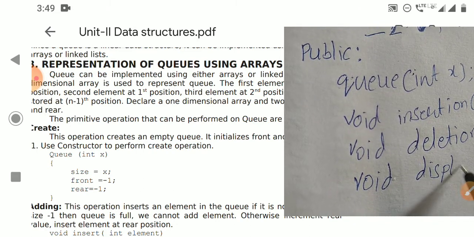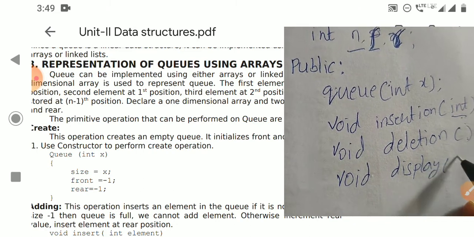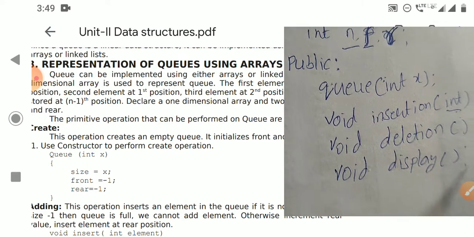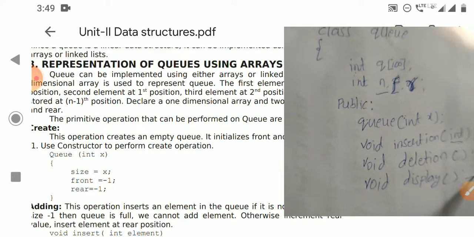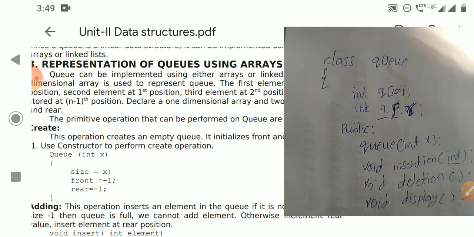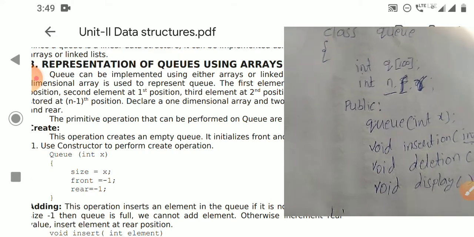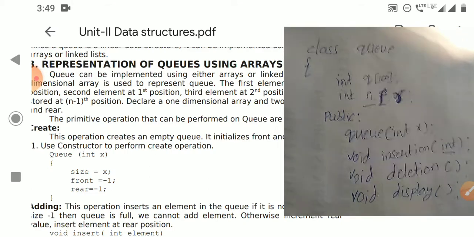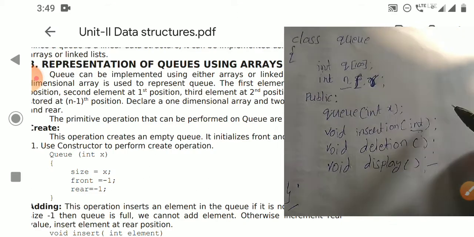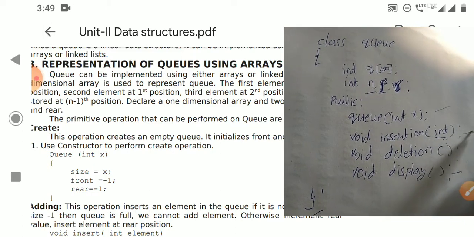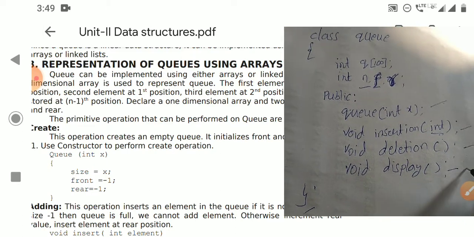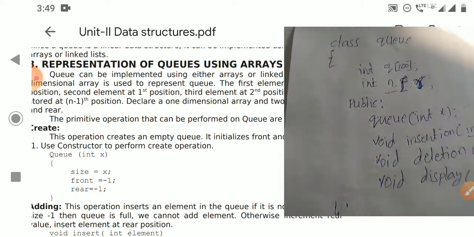The traverse operation is a display operation that will display all the elements of the queue from front to rear, or rear to front. So this is the class definition. Now I am showing how to create an empty queue, how to insert an element, and how to perform the deletion operation.